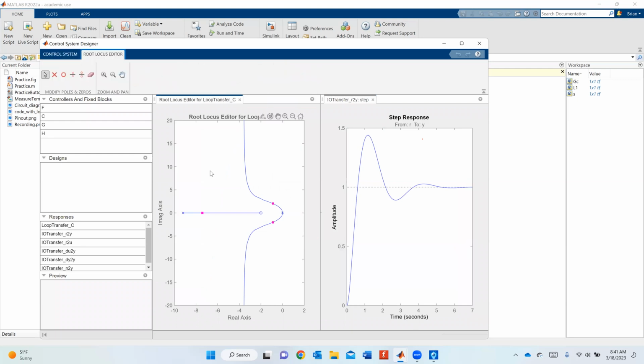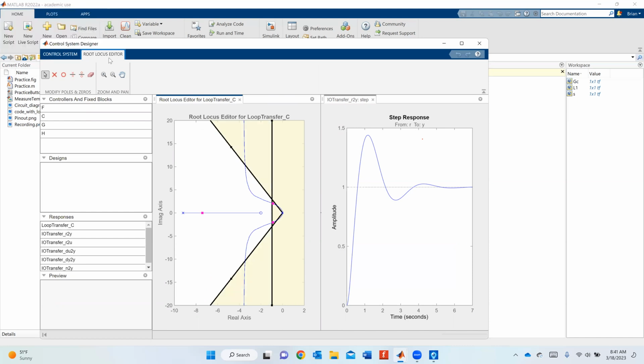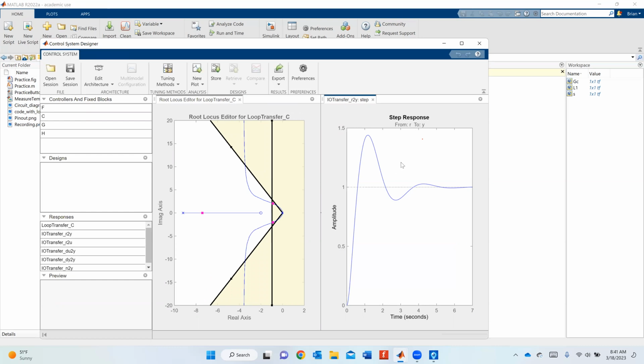So let's add in our design requirements here. So new: settling time has to be less than or equal to 4 seconds. Percentage overshoot is going to be less than or equal to 35%. Okay, so we know what we have to do is see if it's satisfied now within our